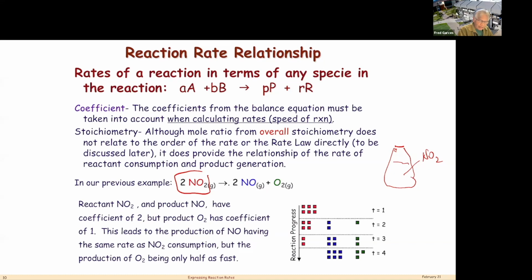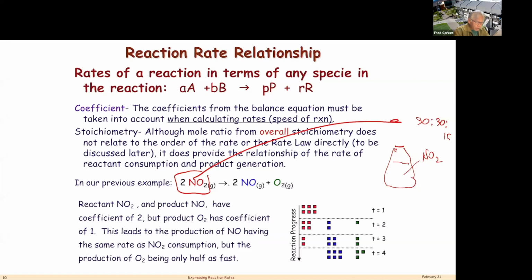You could have like 30 moles of NO2 in here, but the ratio by which NO forms will also be 30 moles, and the ratio by which the oxygen is produced will only be half, because the balanced equation tells you the ratio by which these things are related to each other. So if you have 30 here, then the ratio is 30 to 30 to 15